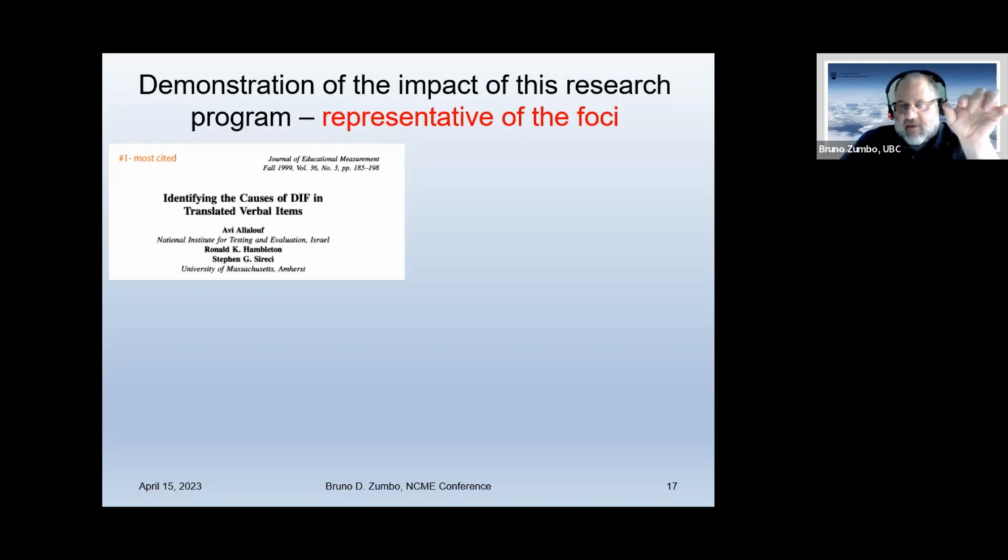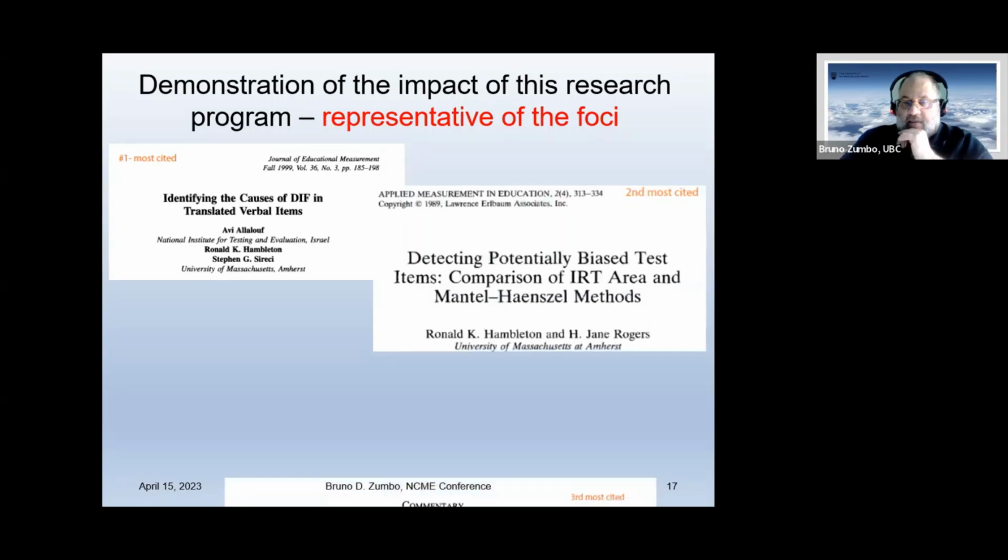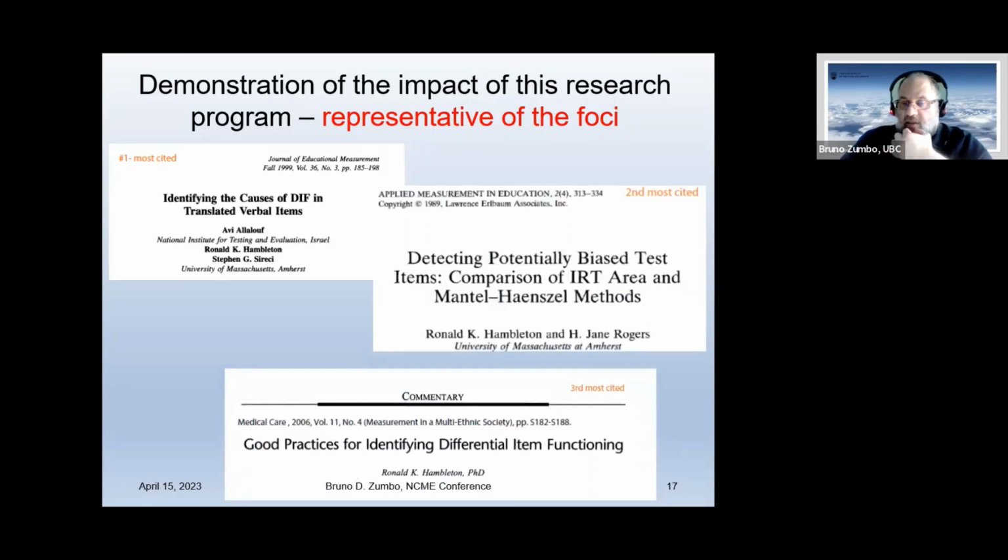This title has some very wonderful things about it. First of all, it talks about the causes of DIF. When I usually use the language of generations of DIF, causes is a third generation. Ron was already doing it with Avi and Steve in 1999. Oh, that's tremendous. The second most cited is Ron and Jane Rogers' work on detecting potentially biased test items, a